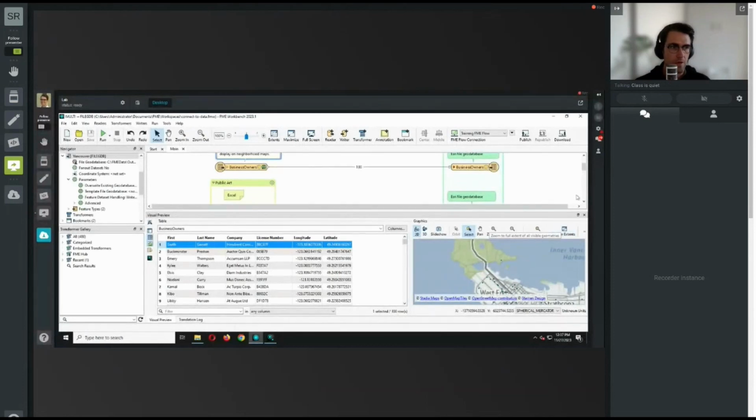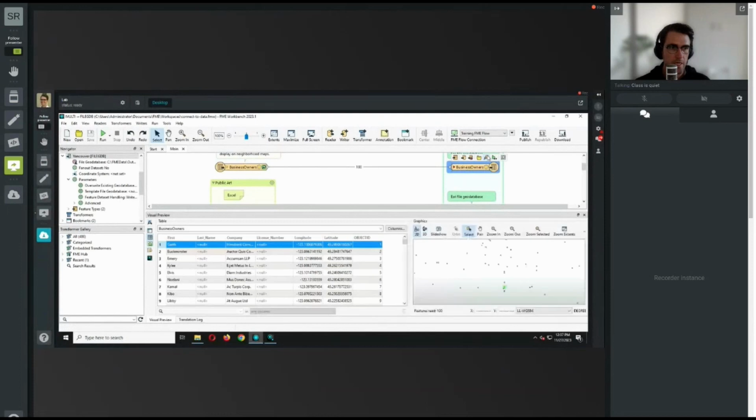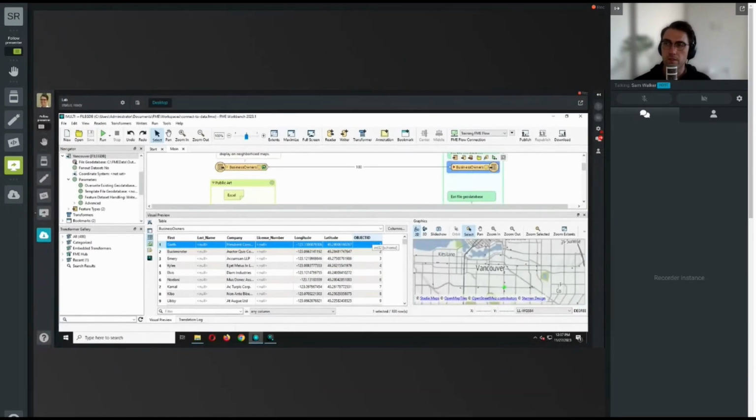One thing that's worth noting is if we look at the source data, we don't have an attribute called object ID, whereas if we inspect the written data, we will see an attribute called object ID. We'll get more into schema later, but one thing FME does is it tries to handle some of the requirements of different formats for you. So one of those would be that